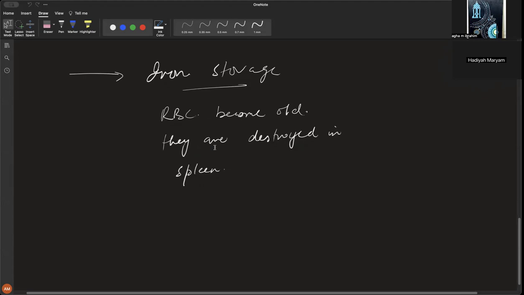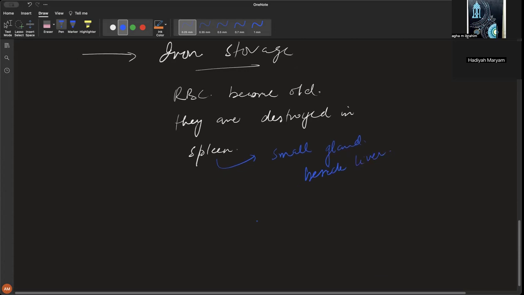Basically, the RBCs, red blood cells, when they become old, they are destroyed in the spleen. The spleen is a small gland present right beside the liver. All right, so the spleen is going to break down